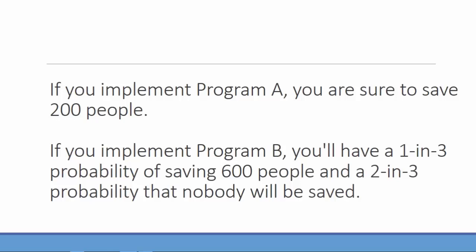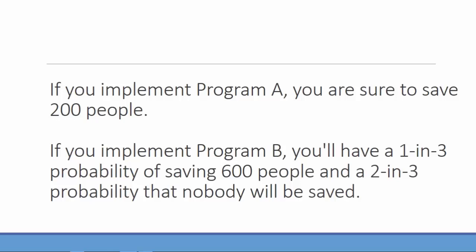Have you done that? Now let's continue. If you choose Program A, then you chose exactly what 72% of the people chose in the original experiment. They went for the certainty that 200 people will be saved. It makes sense when you consider that there is a high risk of losing everybody if you choose Program B, doesn't it? But if you look at it closely, you will see that Program B offers the opportunity of saving everybody, even if it has a 1 in 3 chance. However, only 28% of people were willing to take the risk, even though the potential win was huge. They just couldn't take the risk.